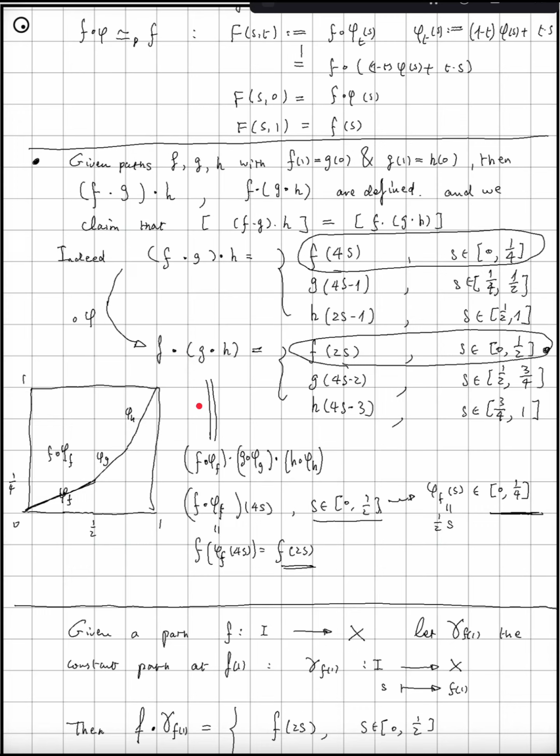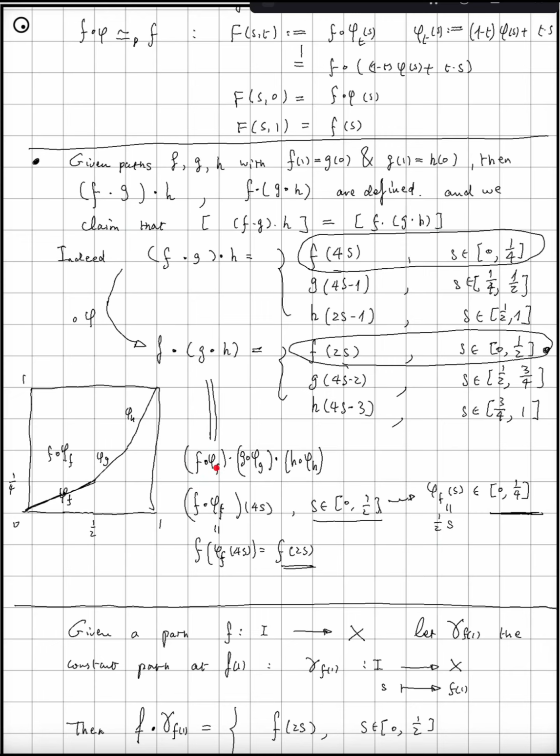The way to do that is we change the speed. We use this phi there to change the speed of the value of f with respect to the variable s, right? So, for example, if you take the first part